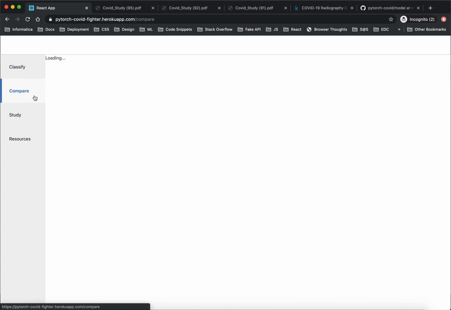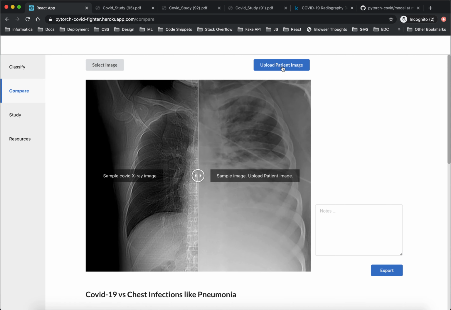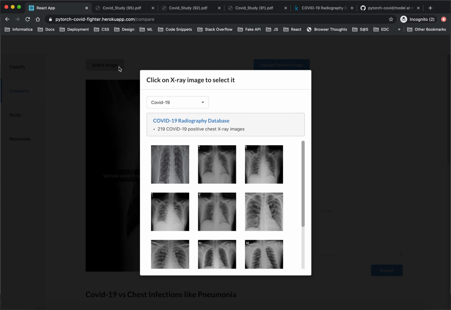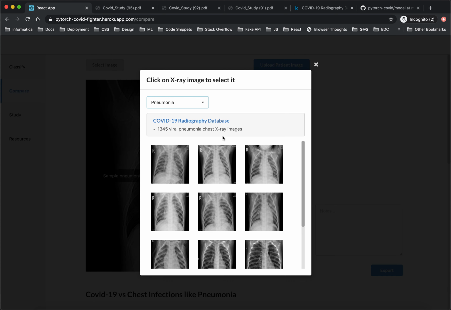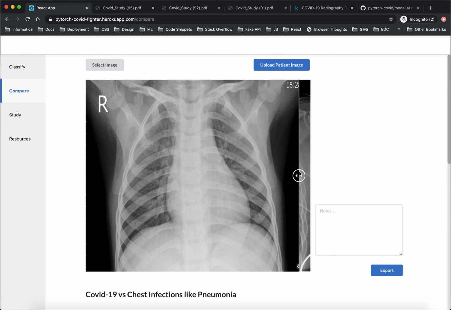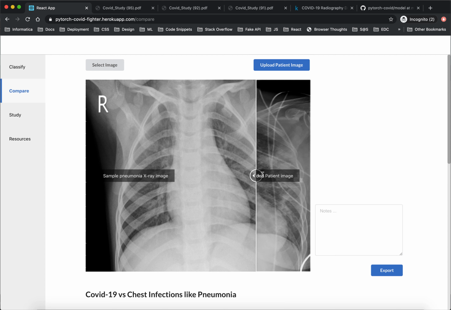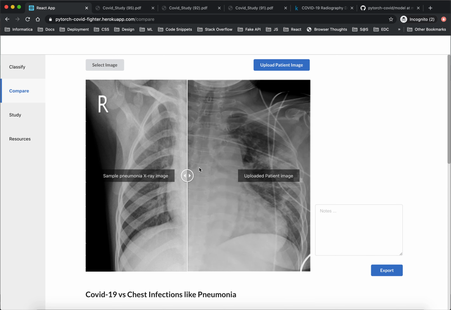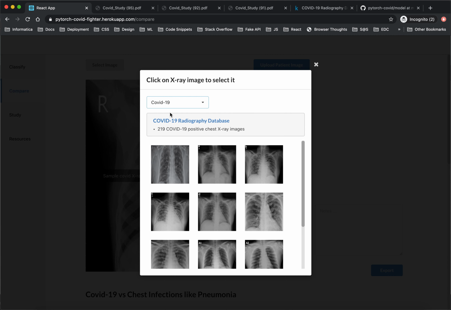Then there's one comparison component where I can compare my image. This was my image, and I can compare it with, let's say, a previous COVID image, or I can compare it with a pneumonia image. So let me compare it with this. Here I can see that the glass opacities here are slightly different than the opacities here. Here the glass opacities are much more as compared to here. So this looks to be a COVID image, and this is a pneumonia image. So let me just differentiate it with the COVID image.